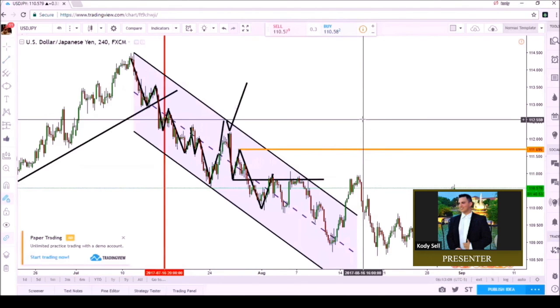Guys, use the market structure along with your channel, and you will always know what the bias in the market is, whether you are looking for buy trades, whether you're looking for sell trades. And I promise you guys, that is most of the battle for trading, is simply knowing whether you should be buying or selling, and that's it. So if you guys can get this down, you will be a profitable trader. There's no question to it, guys. So please do your due diligence, go and practice this,